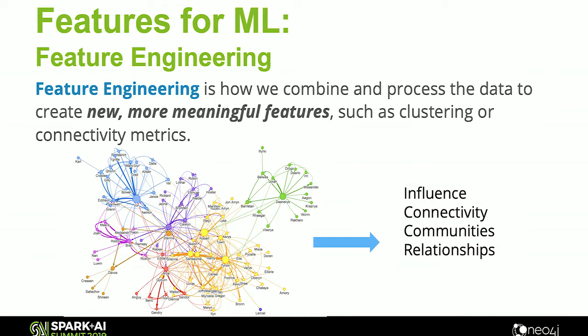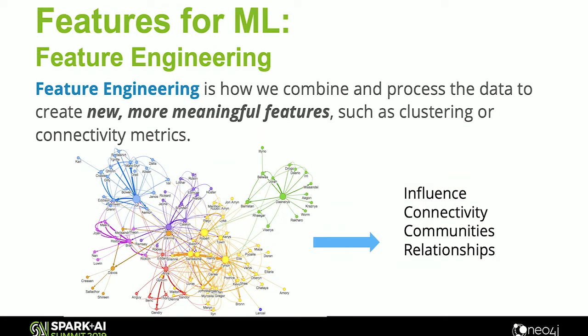Another way which you can use graph is feature engineering. This is one of my favorite topics. So using feature engineering is basically, how do I process the data I have and actually create new features that are more predictive because they're related to relationships than I may have already had. And the graph algorithms that you could use for this would be things like connectivity, community detection, you would expect that, but also things like influence. Maybe I want to take a look at and score which nodes in my network are the most influential, put scores on that, and then extract that into a machine learning pipeline and go down that route.